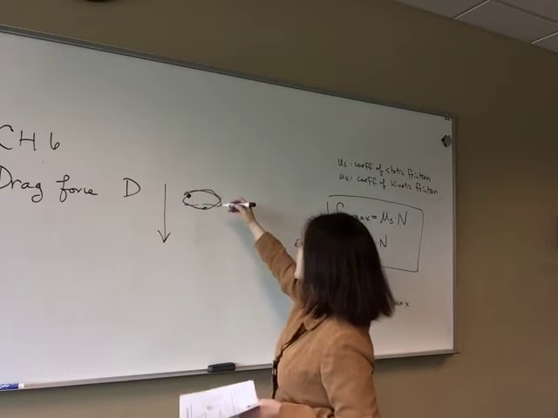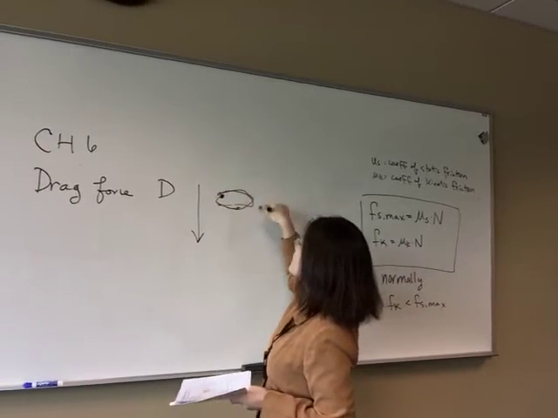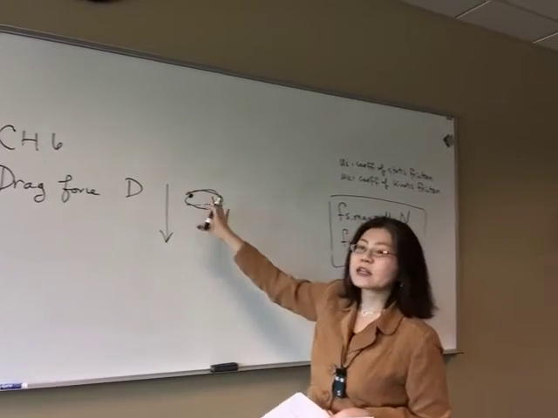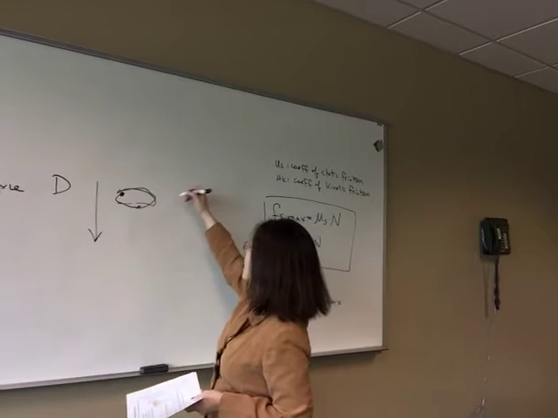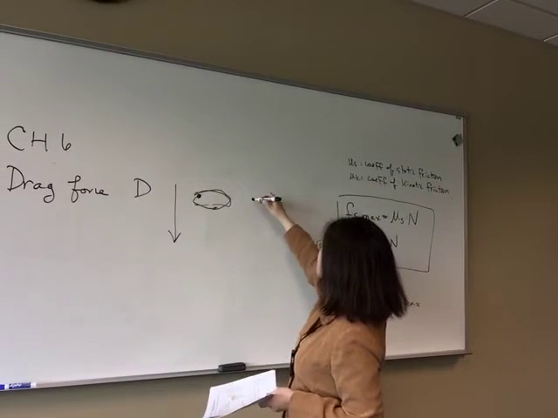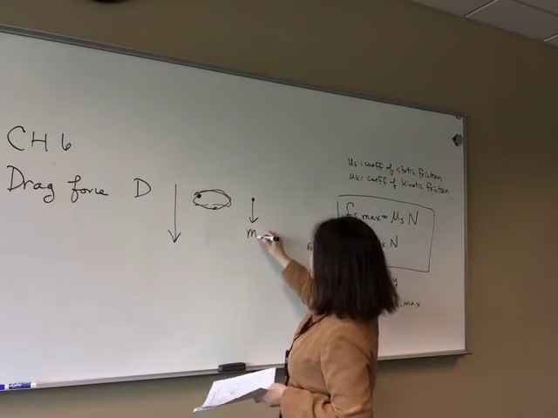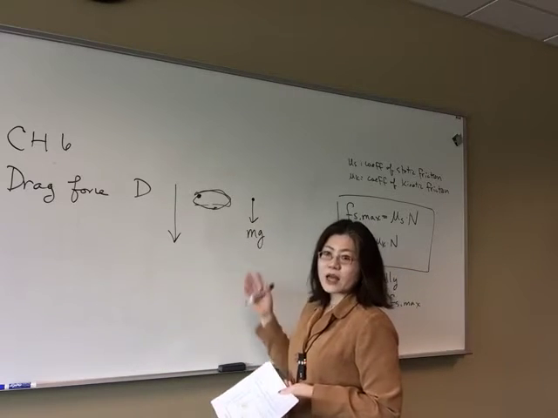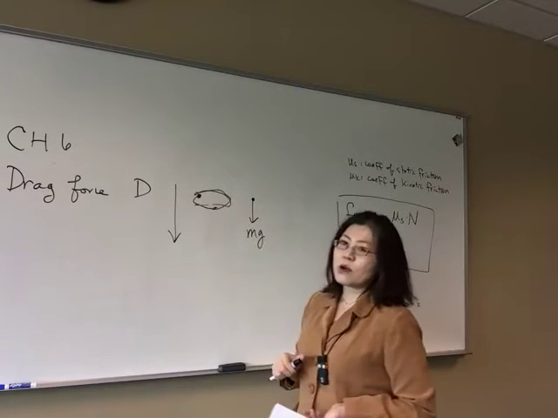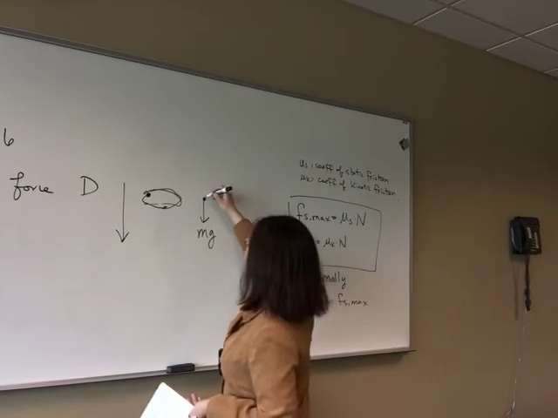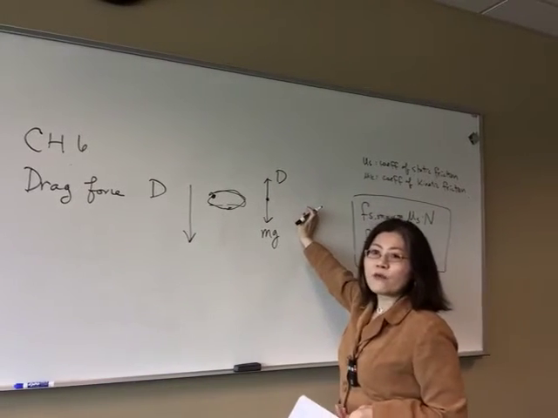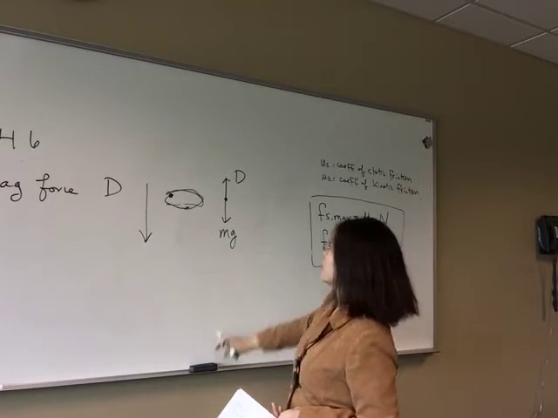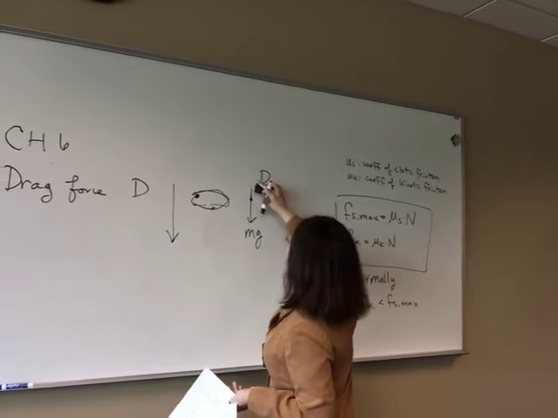Okay, so you can imagine that when we draw a free body diagram, let's see how many forces are acting on this object when it's falling in air. So this is the object, and it experiences gravity. The gravity does not change. It's just the mass of the object times the gravitational acceleration. And then it also experiences an upward force, which we call a drag force, that's trying to slow it down. Now, this drag force,